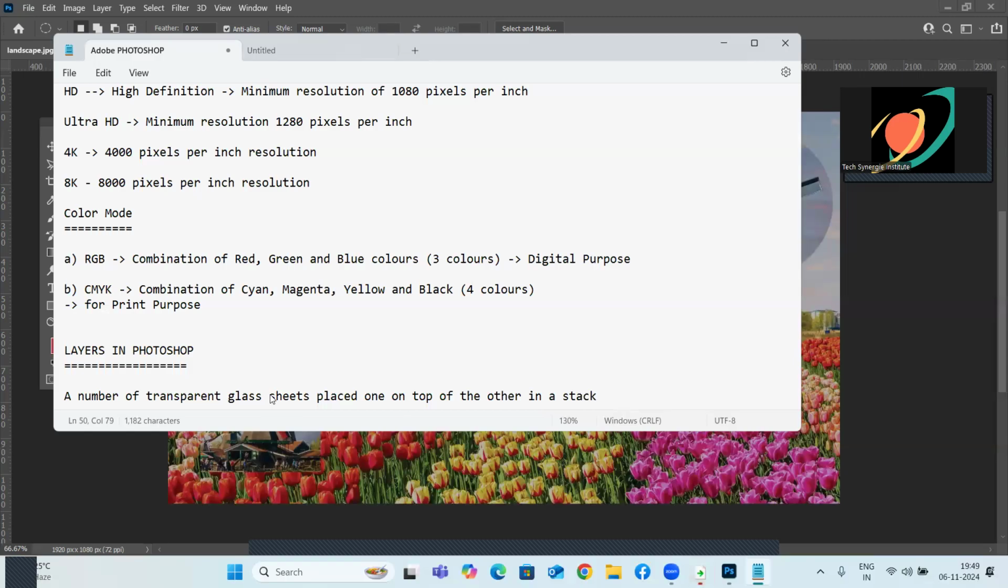Because the glass sheets are transparent, you can see through. And therefore, it will appear as though all the objects are placed on the same glass sheet. But in reality, it is not. In reality, the objects are on different glass sheets. Correct. Now, if you move one particular glass sheet,